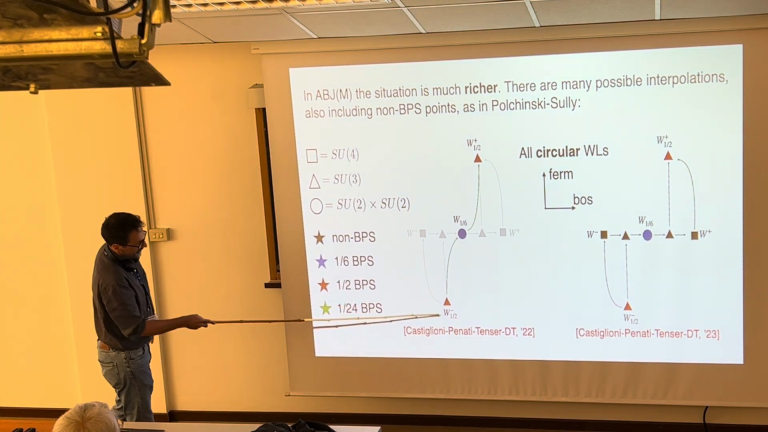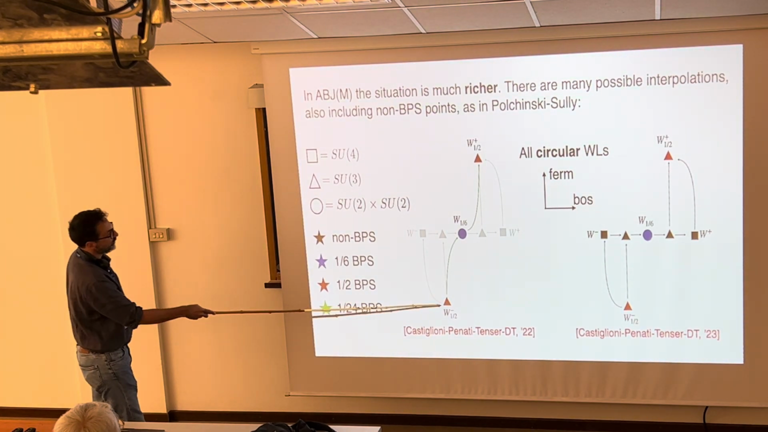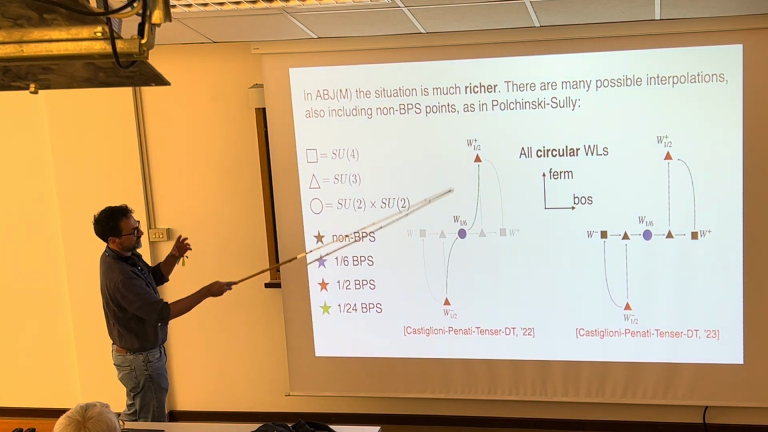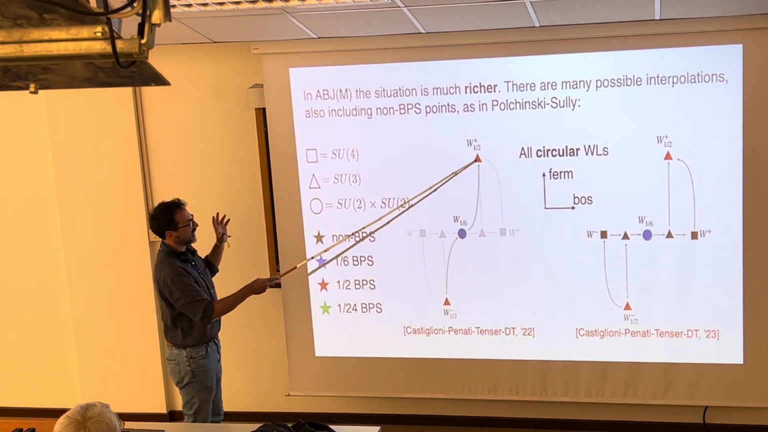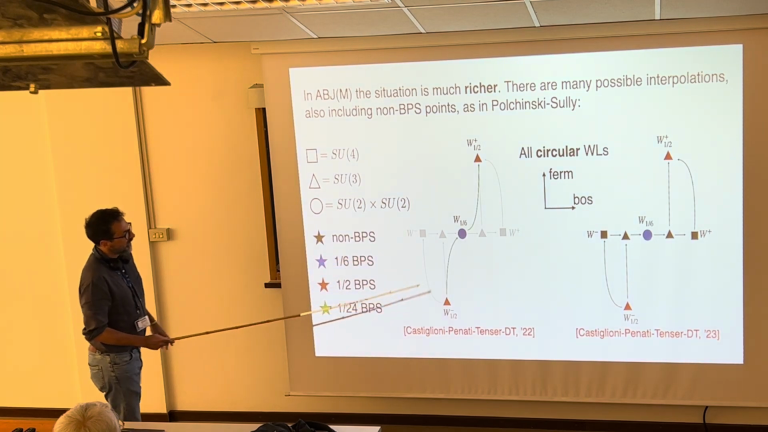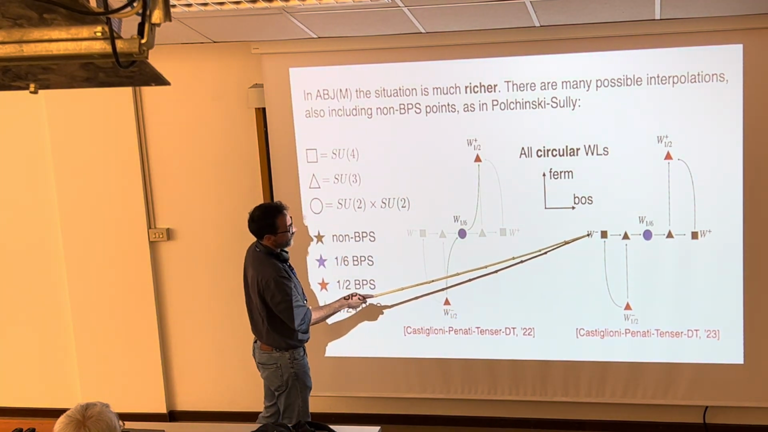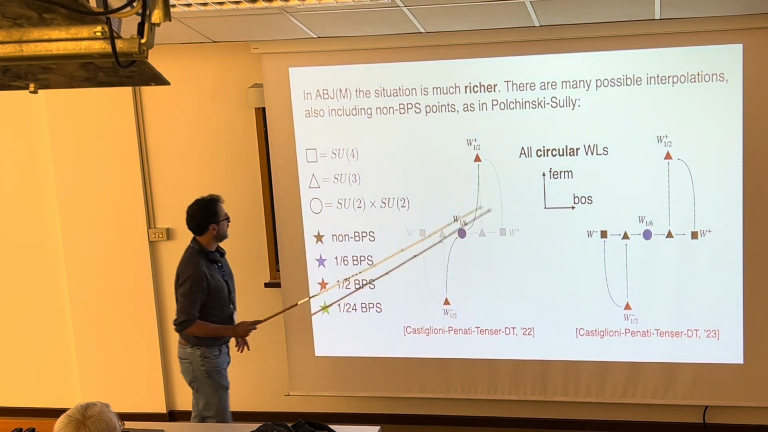Okay, and then we are going to see that there's another half BPS operator, which, although it differs trivially from this one, has actually a very different interpretation in terms of RG flows. And then in the second paper, we consider a more complicated situation in which we also have non-supersymmetric Wilson loops,